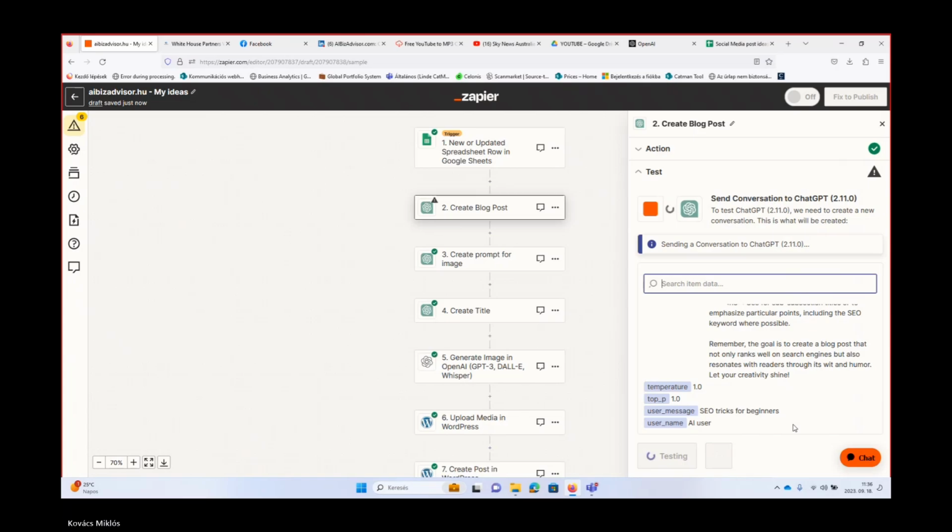Let's see what will be generated by ChatGPT. I expect again a nice result, even though I use ChatGPT 3.5. Actually, it can also create quite nice content. Usually there is no issue with that, but again, it's better to use ChatGPT 4 because then you can be almost sure that the output will be as desired.